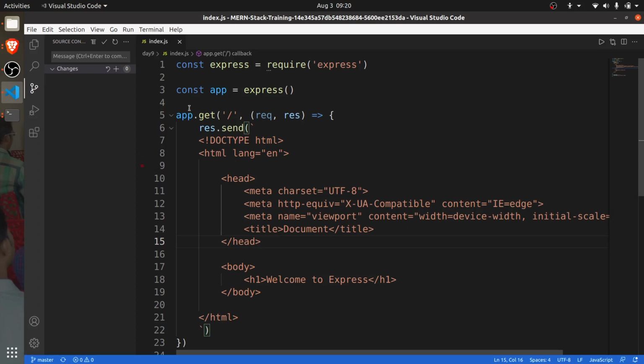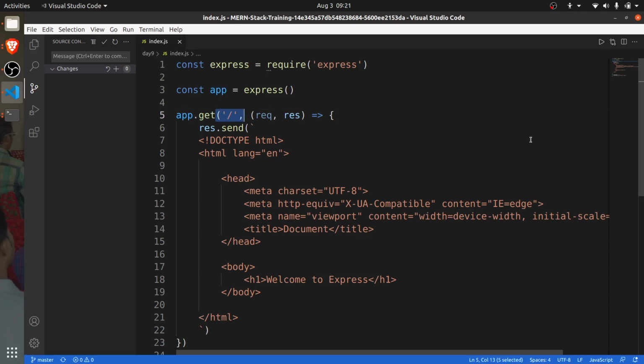Can you see? You have installed Express, imported Express, and created an object of Express over here. Then you get this app, and you say app.get forward slash. We have discussed that this is the root.